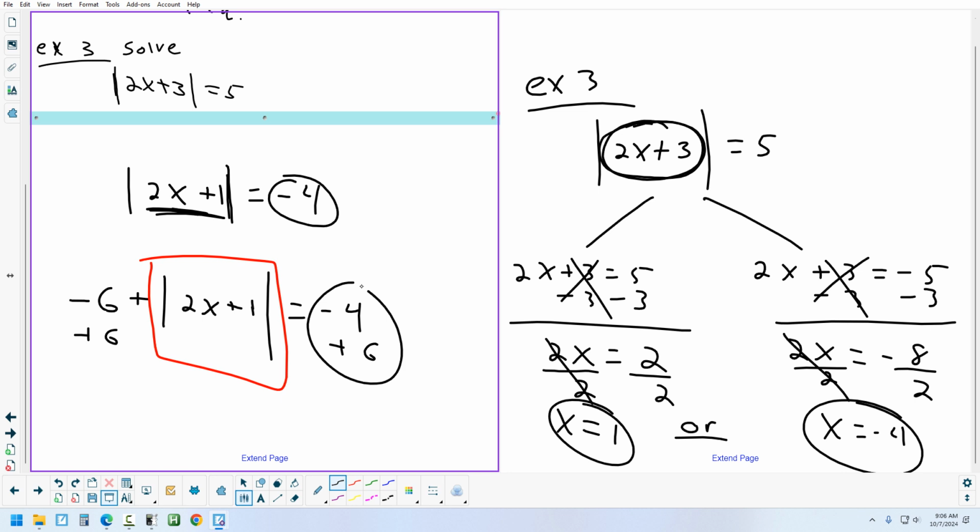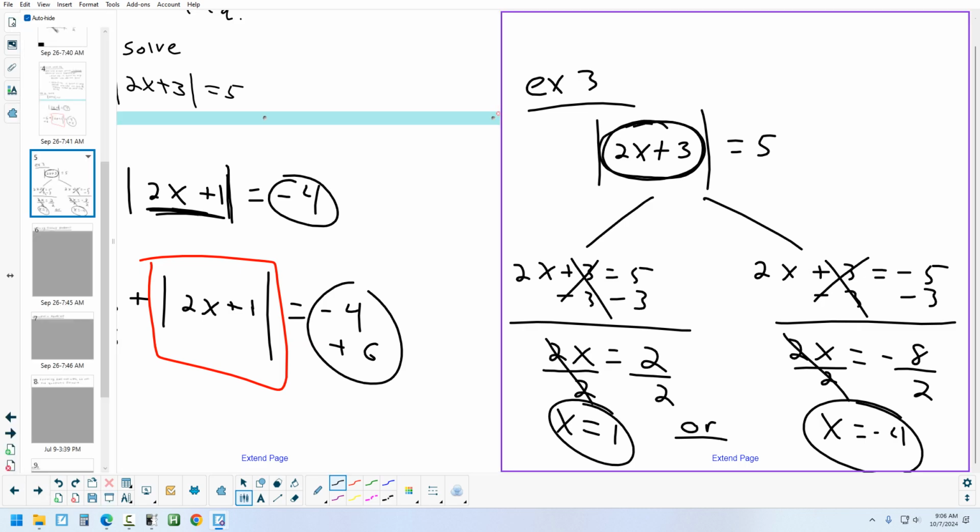Is the absolute value by itself? If it is, then okay, there's no solution. But if it isn't, get it by itself, and then maybe that negative will go away. Any questions on that? All right, so let's take a look